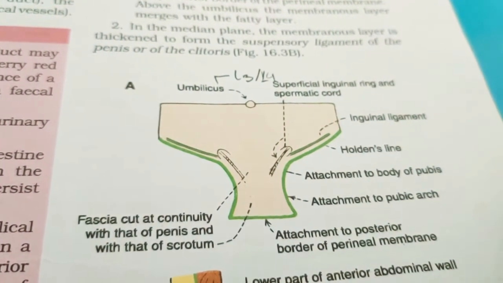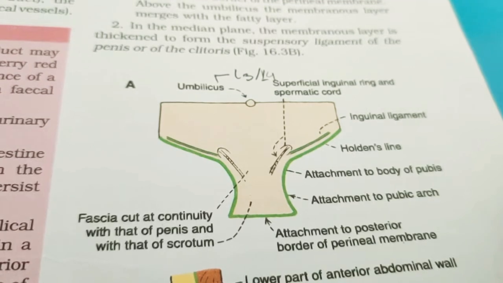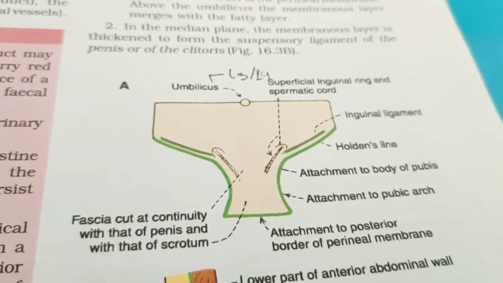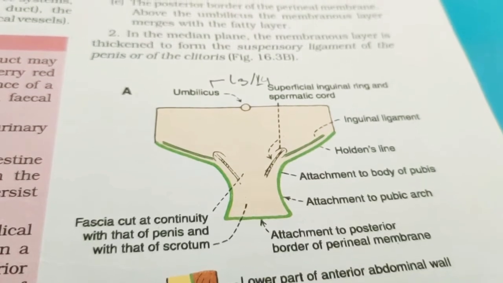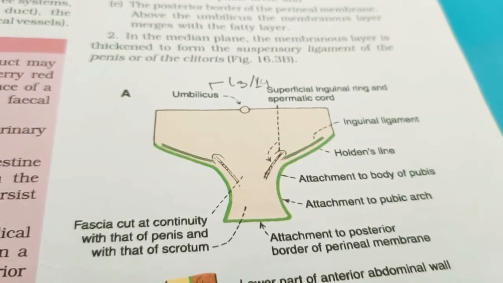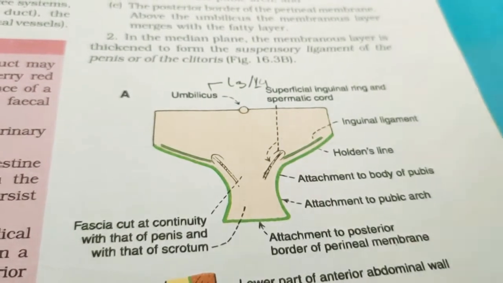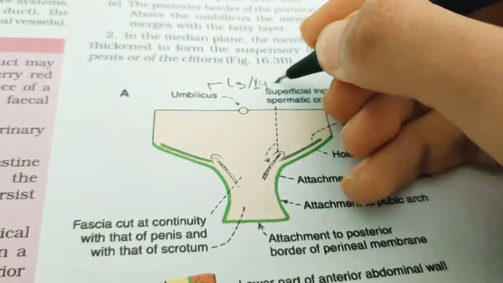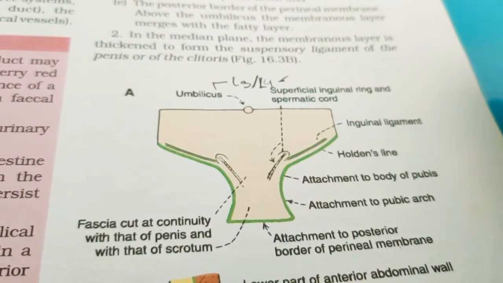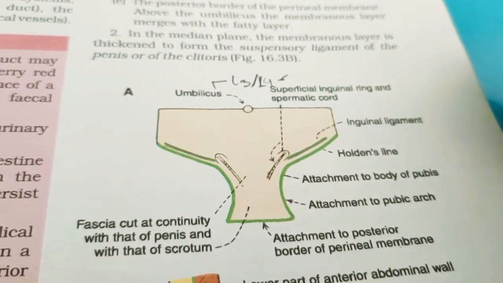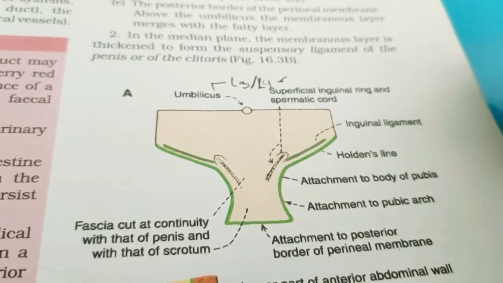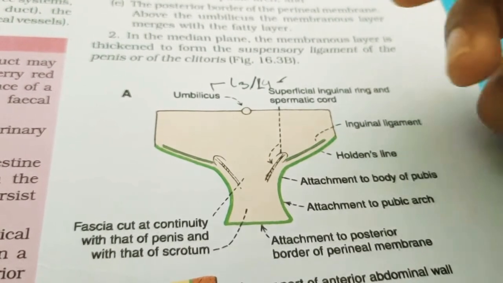Okay, and it is somewhat lower in infants and persons with a pendulous abdomen. Pendulous abdomen means those who have a lot of fat, or small children with a heavy stomach. So in all those cases, the position of the umbilicus may vary from L3 or L4 to some other position. Okay. And apart from its embryological importance, there are several anatomical facts of importance about the umbilicus.